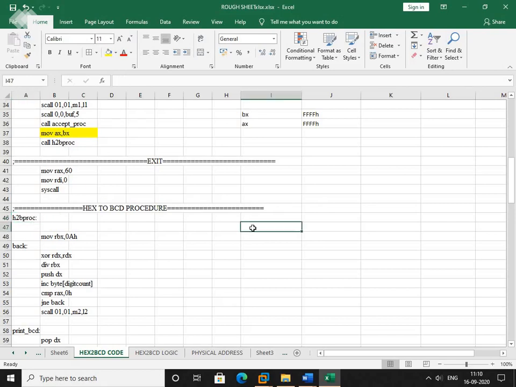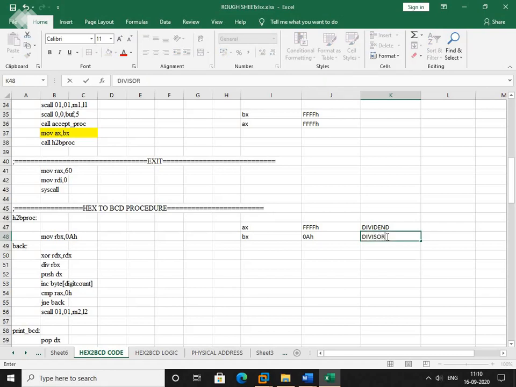Now in this we are having, in AX we are having 4 times FH. So this is your dividend. Next we have in BX 0AH, which is a divisor, right?